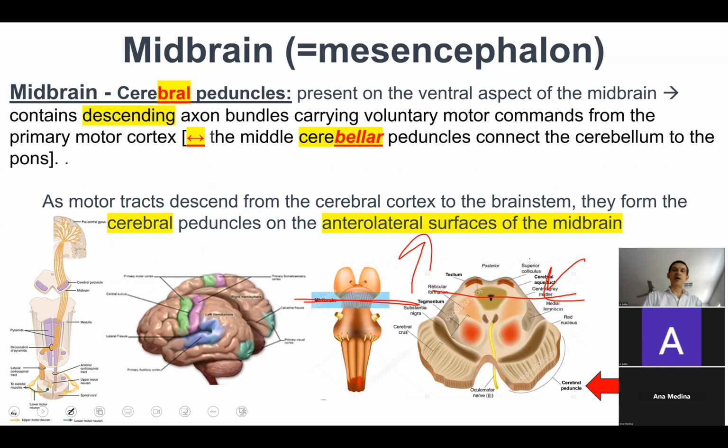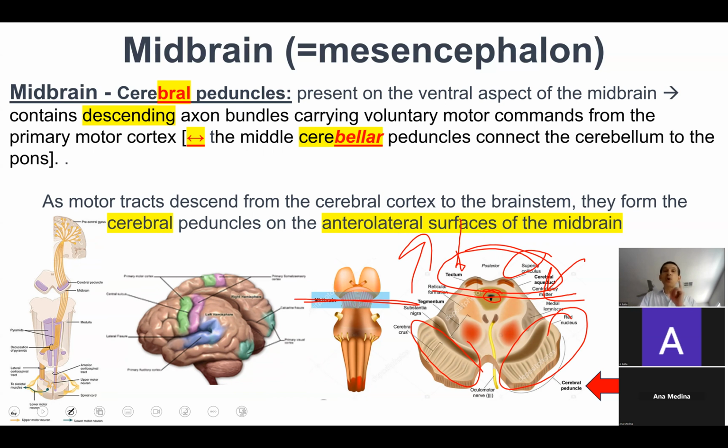Above it are the four colliculi, because they are a part of the tectum. So superior colliculi for vision, inferior would be below that for sound. This is the cerebral aqueduct. Remember, that's the hole through which the third ventricle communicates with the fourth ventricle. Now, look at these two structures. They look like feet, and these are called cerebral